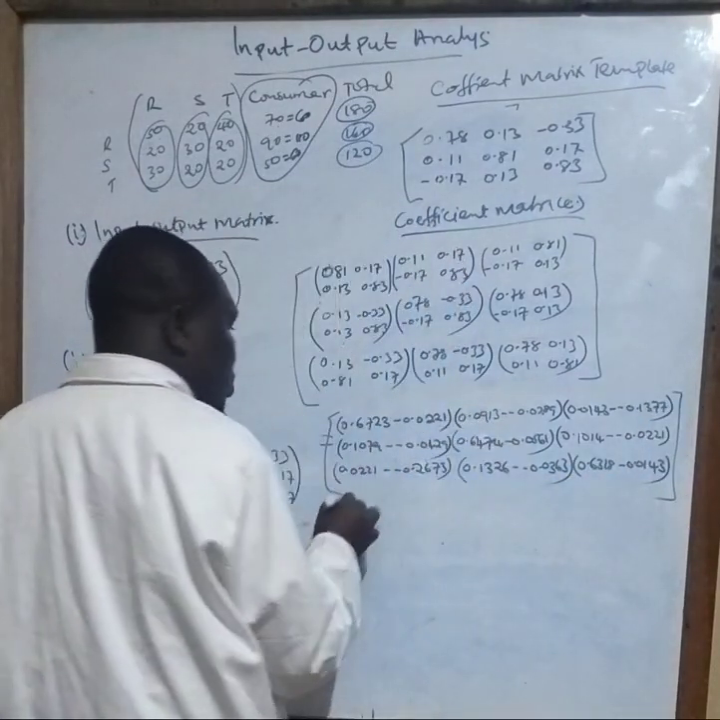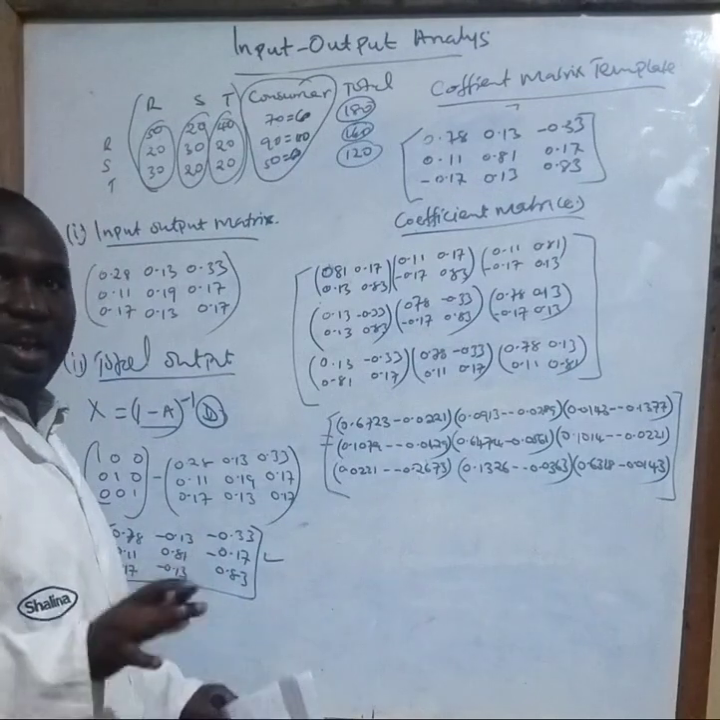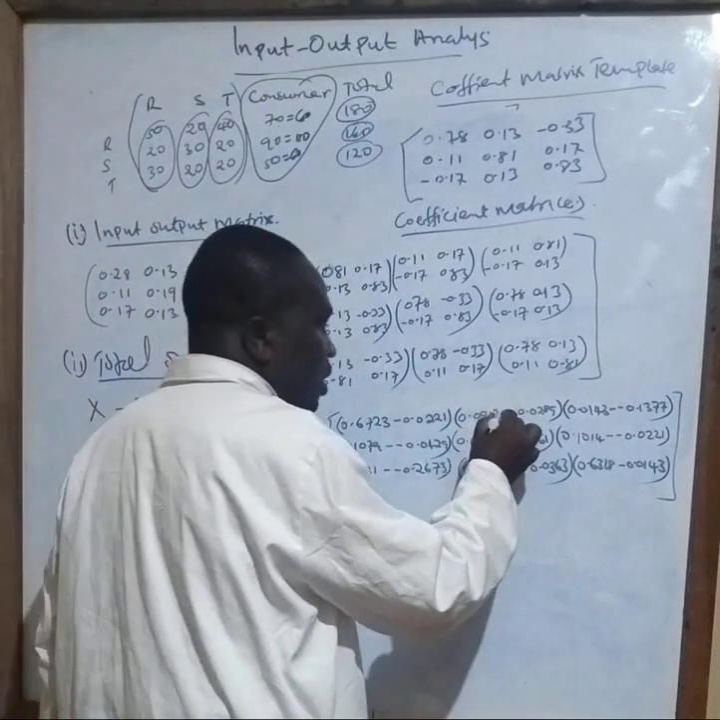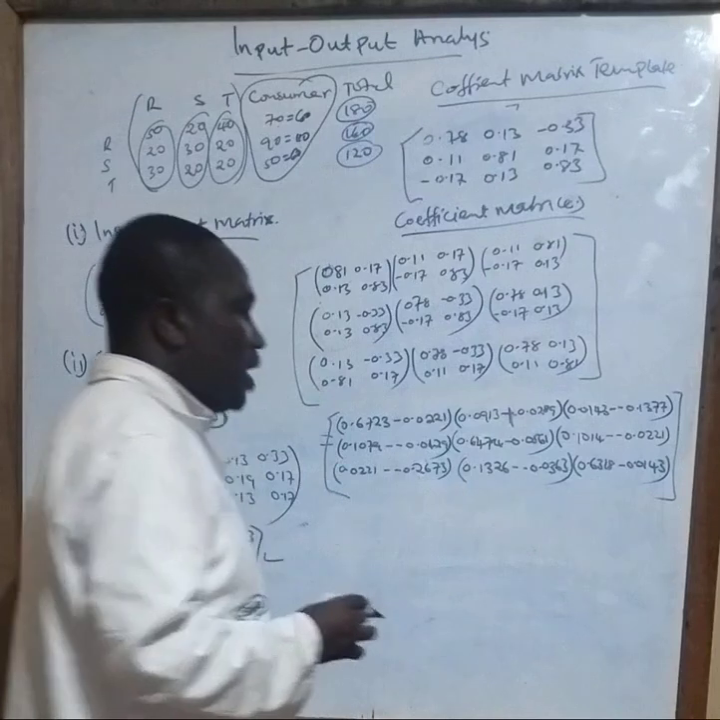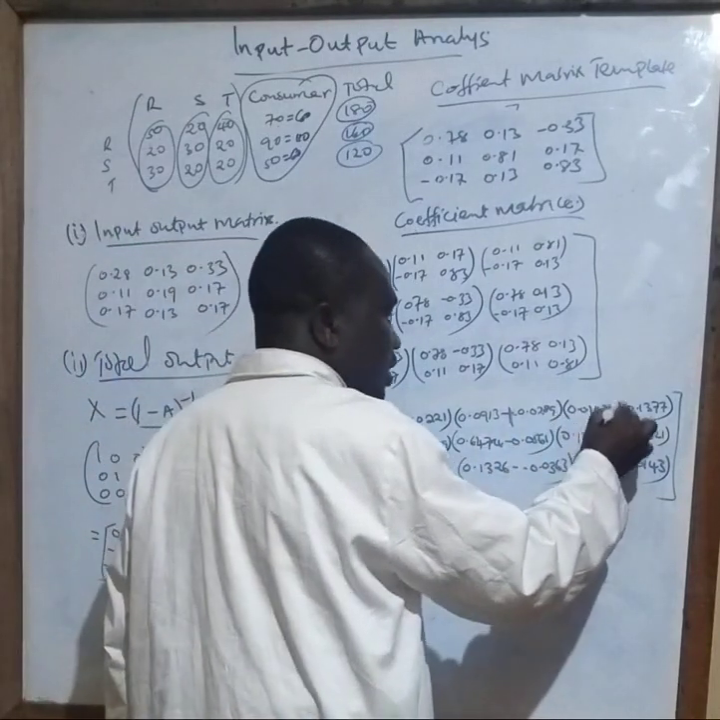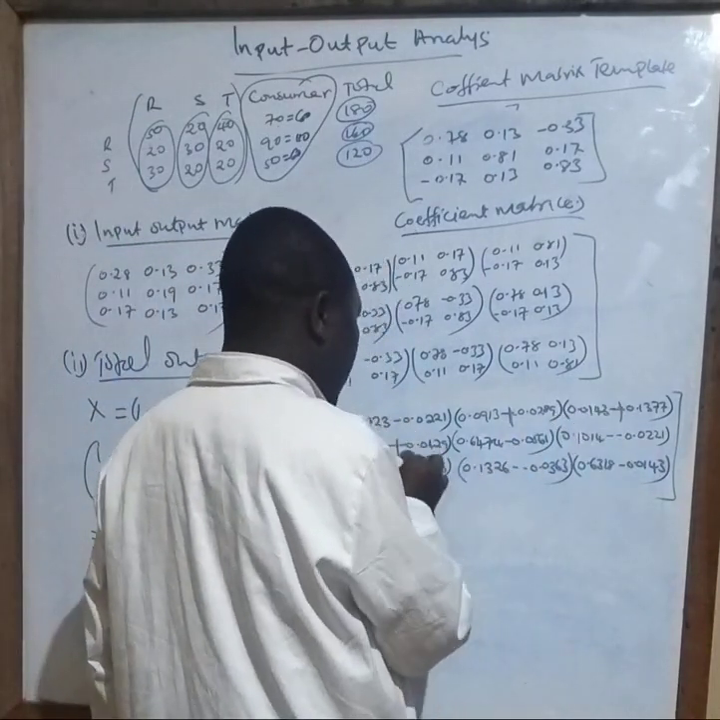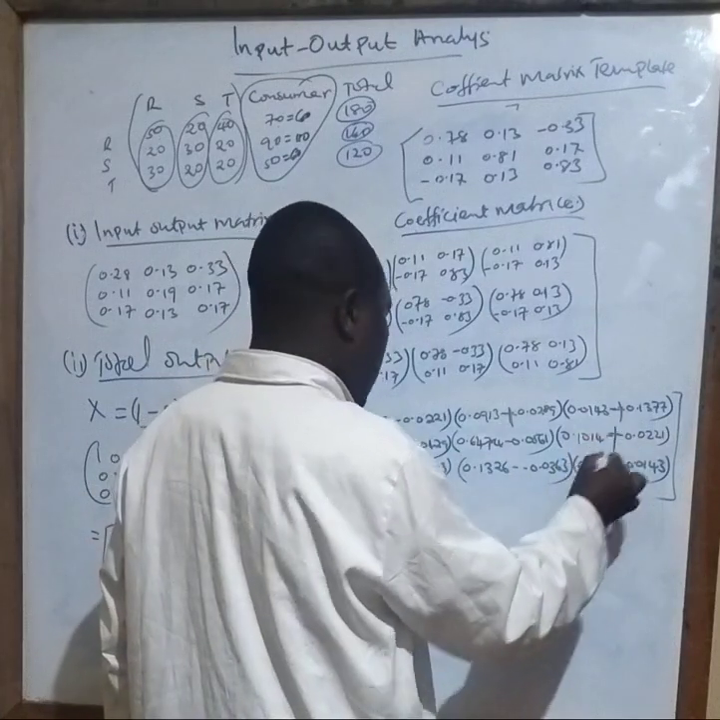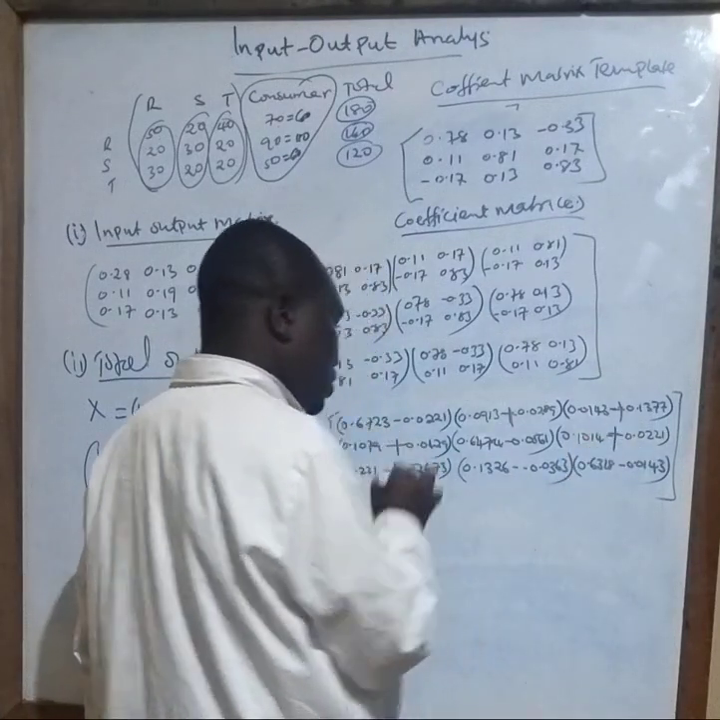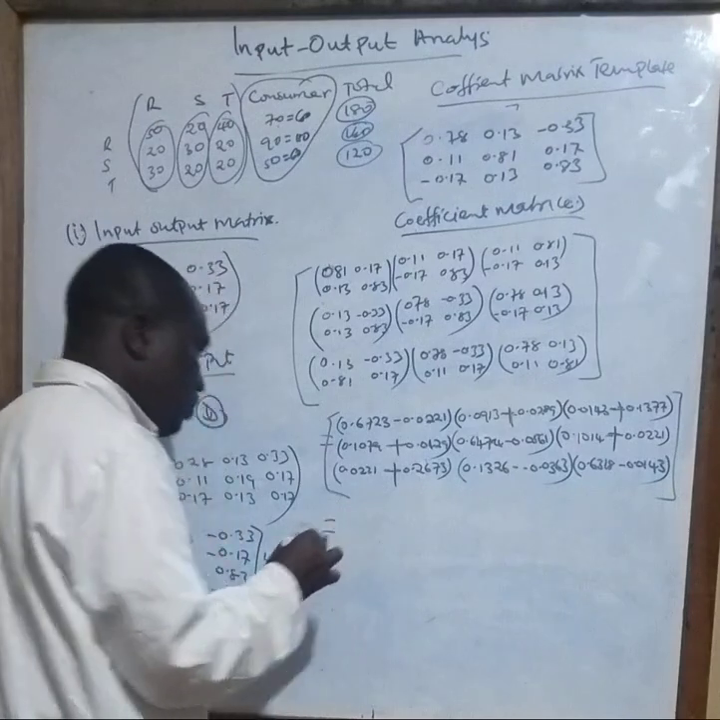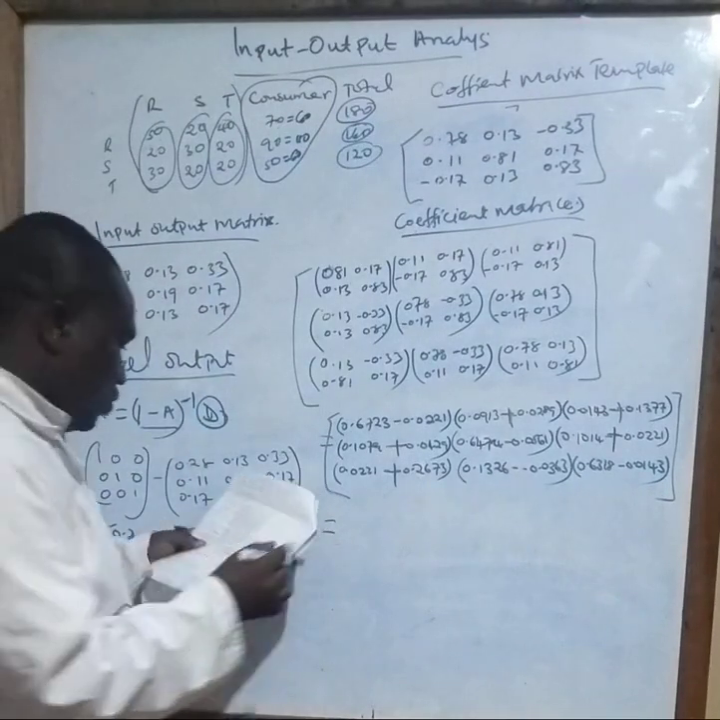Now once you have this one, check where you have the minus minus, you put it positive. Here, positive, which means you are adding that. You are also adding this. You are also adding here. You are also adding here. And you are also adding here. Then when you work out that, your final answer there should give you